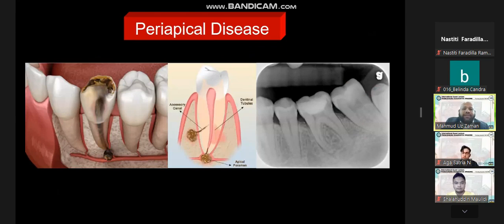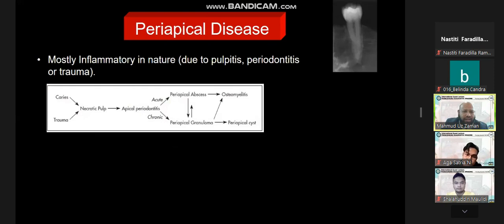Another common disease is periapical lesions. This is the sequela of carious lesion or periodontal lesion. Remember this sequela: from the caries or trauma, there will be necrotic pulp, apical periodontitis, then it may turn into abscess or granuloma. Then it can turn into a cyst or osteomyelitis. So in that case, if you're suspecting any swelling, or there is any sinus tract in one particular tooth, you will go for